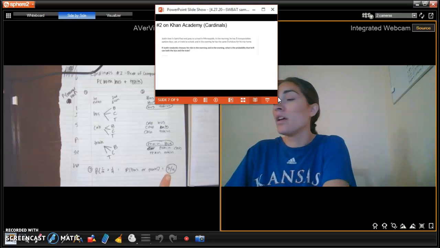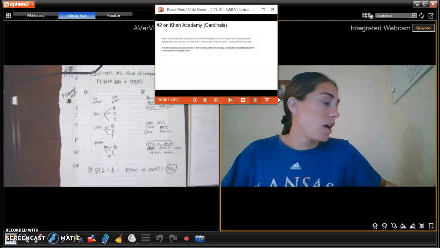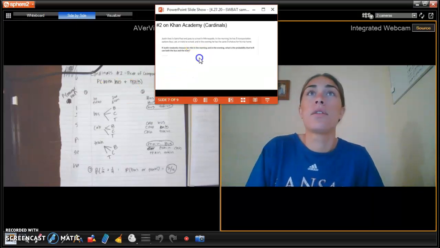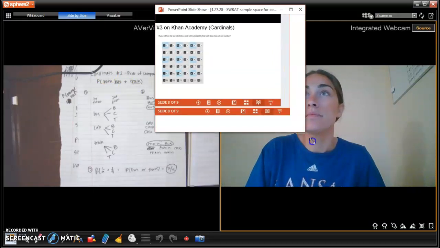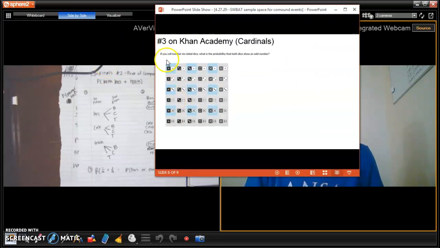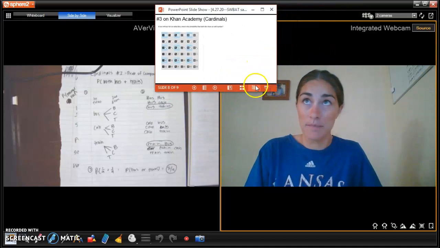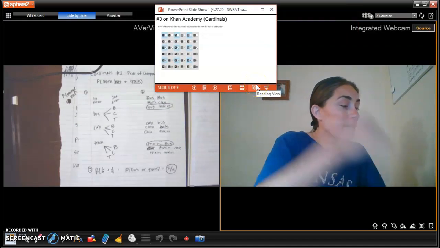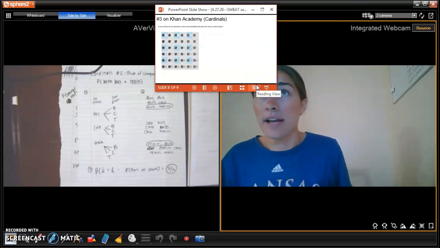Okay? Moving on to problem number 3 for the Cardinals. This one took me forever. Okay, if you roll 2 fair 6-sided dice, what is the probability that both of the dice will show an odd number? Okay. Criteria for success number 1 tells me that I need to create a tree diagram because this